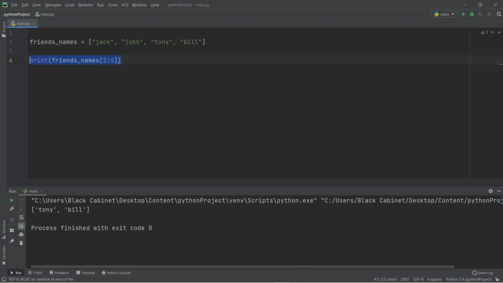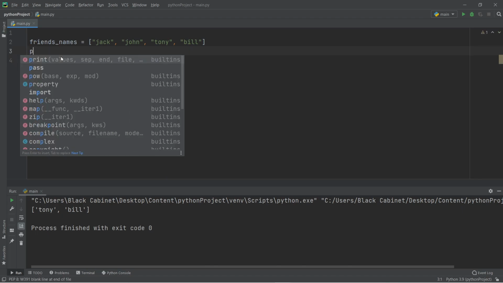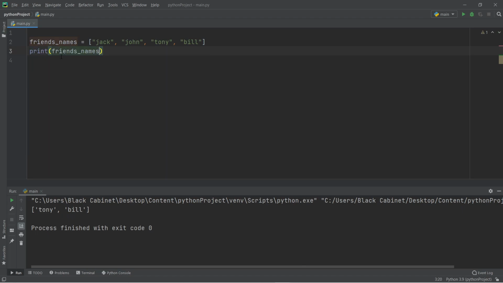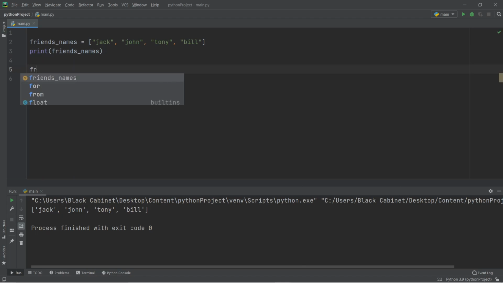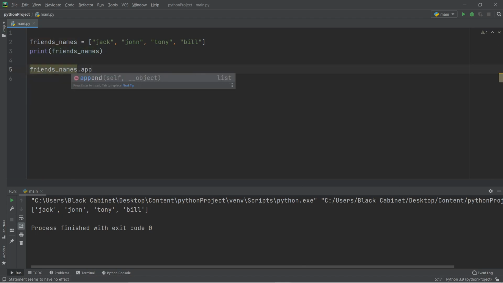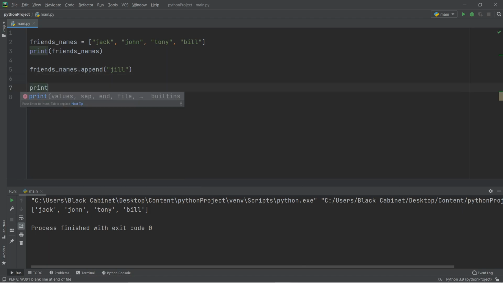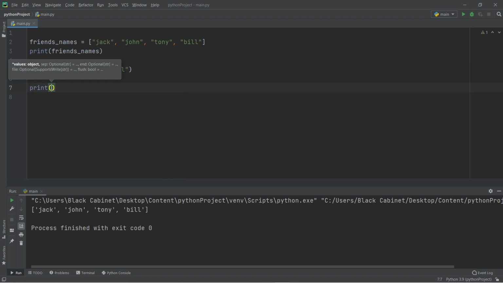So if I wanted to add to the list, if I just do print friends names, that will just print all the names in the list at the moment. What I could do is I can do friends names dot append, open close parenthesis, and inside here I can put another name. So let's say I want to put Jill. Now if I print the list again after I have just appended the name Jill,